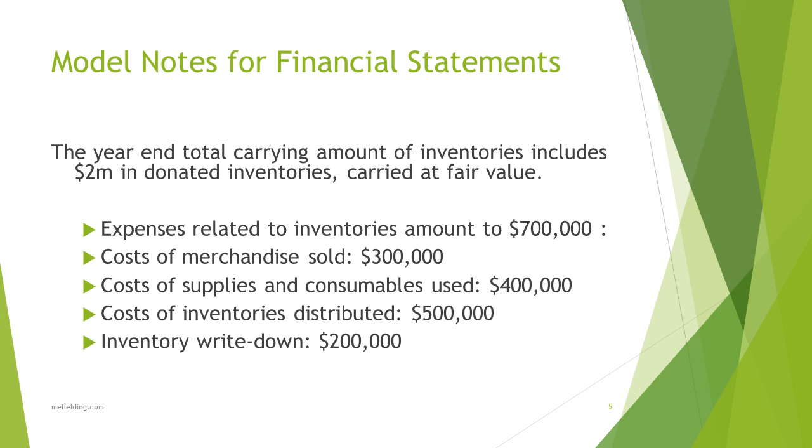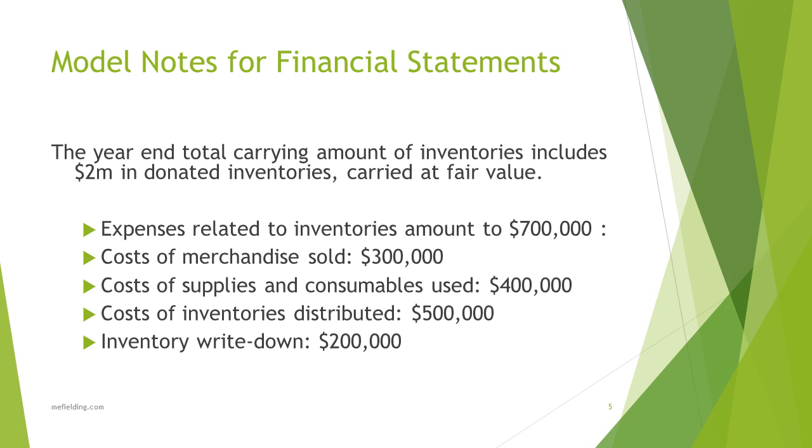In real life, for organizations like the United Nations and NATO, that will be very important because the company that's given them that food presumably wants the world to know it's given that food. So it will tell you what that value is. And obviously you'd dispute it if it's wildly overstated, but that would be unusual. That's the first part: we have this 2 million in donated inventories and we've actually highlighted that.